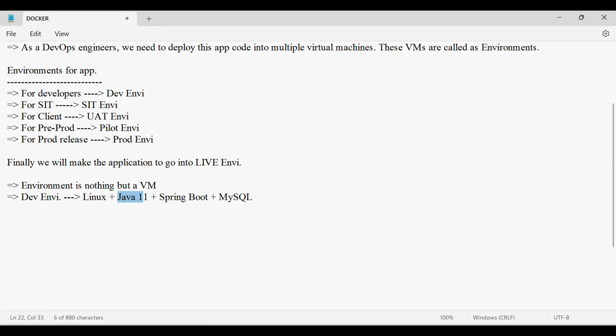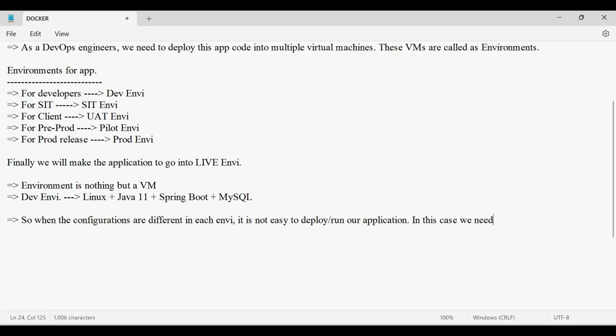So in this case, we need one common platform where we can run our application.